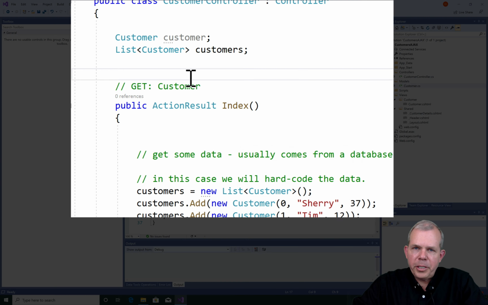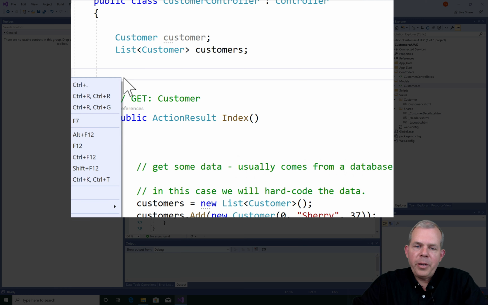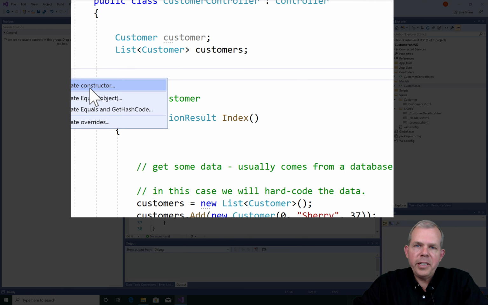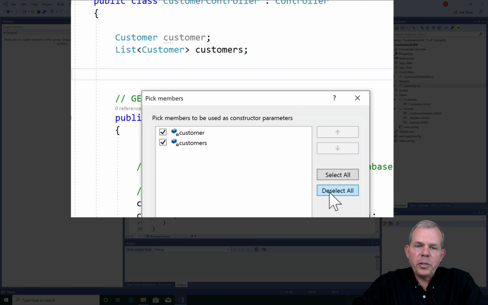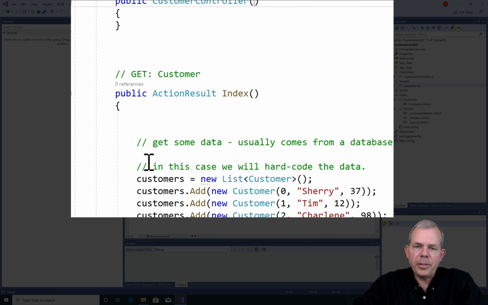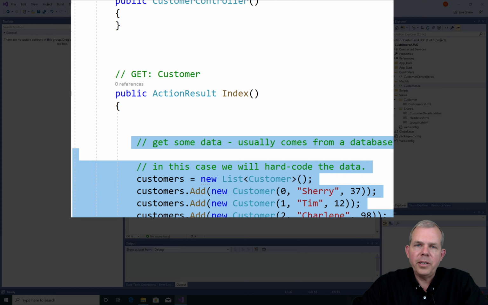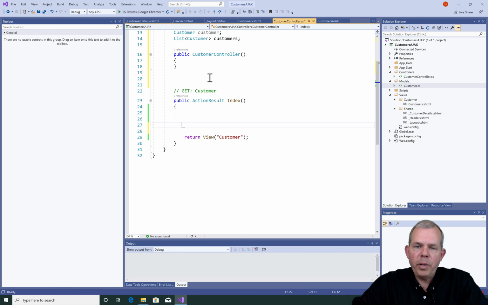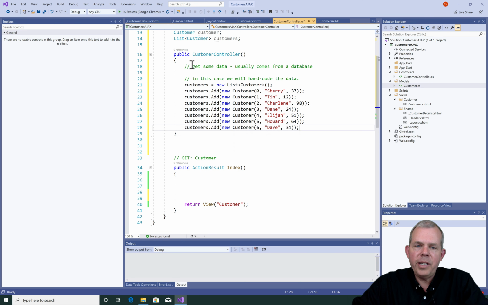So I apologize, but I'm going to change my mind. I'm going to take all this data and instantiate it inside a constructor. So let's right-click in the code here and create a new constructor with no parameters, so just a basic constructor. And then I'm going to copy or cut and paste all of the data that I just created into the